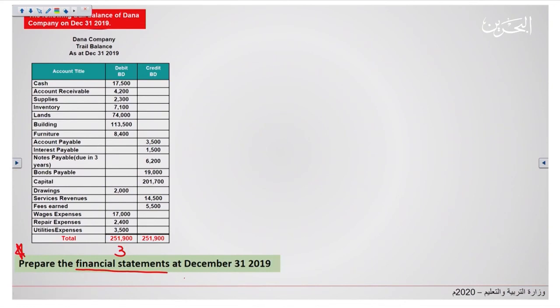The period that we should prepare them for is December 31st, 2019. They give us this trial balance of Dana Company, with all these balances here, and they want us to make the financial statements. First of all, we will start off with the first